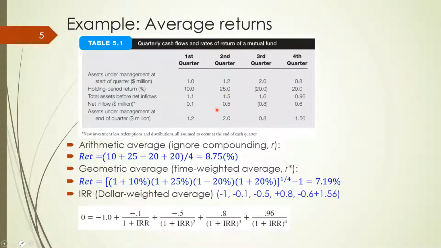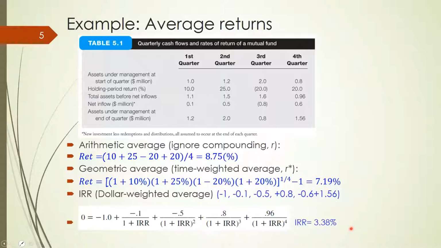And in each period, it corresponds to cash outflow or cash inflow for the investors. The last period corresponds to both the cash outflow for the investors plus the asset under management at period end. Then we solve for the IRR, which is